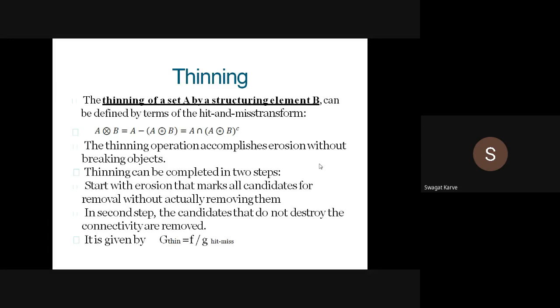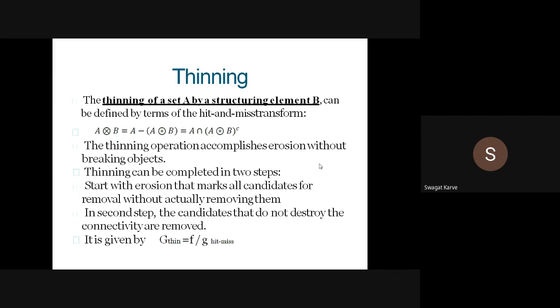Means those objects which are actually linked with each other, that means they do not destroy the connectivity, you have to remove those objects. The connectivity should not get destroyed. So the objects or shapes which are connected with each other, where there is connectivity throughout the border, those you remove.